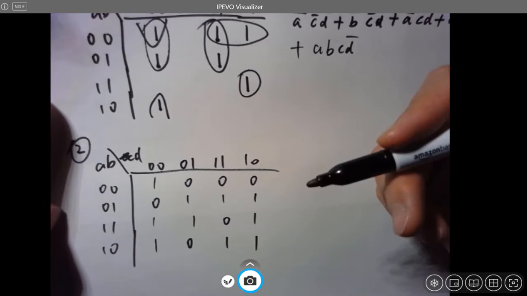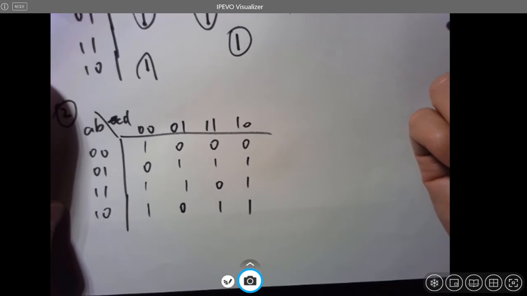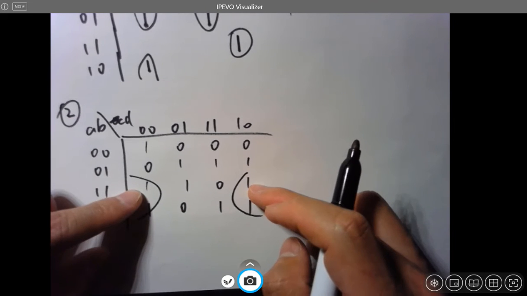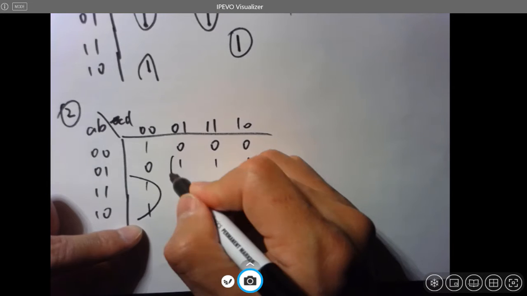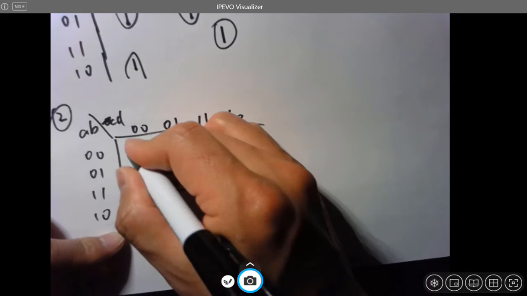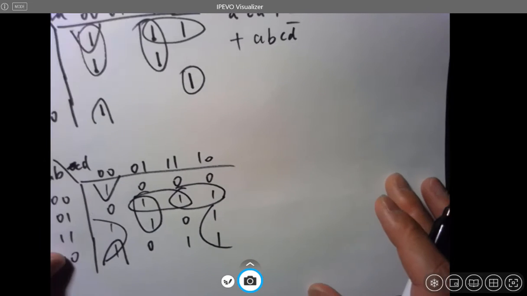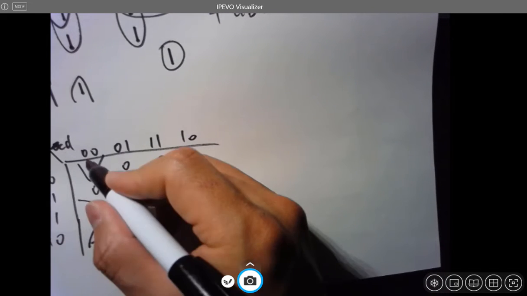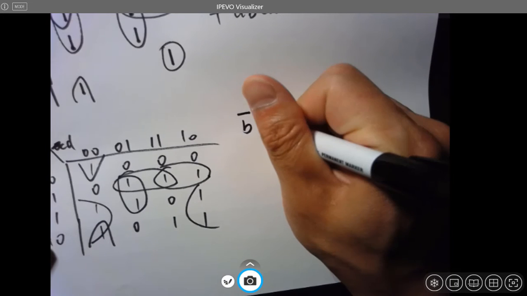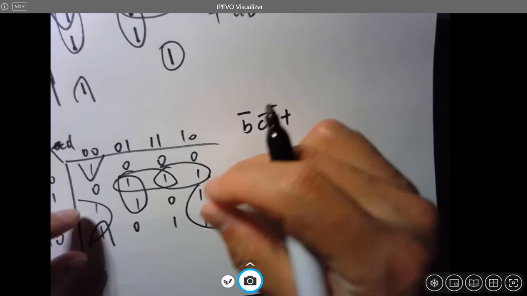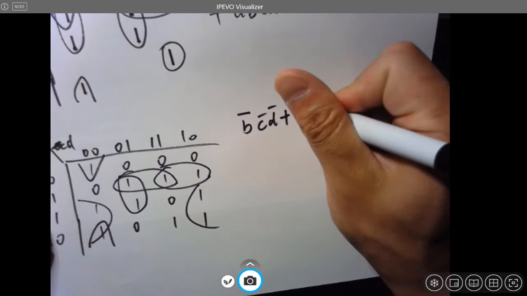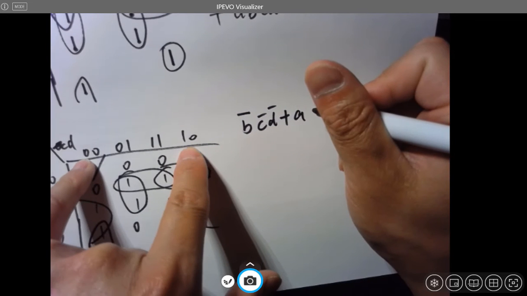That's method 1. But why not directly get an SOP from it, which will be easier. Right, so these 4 and these 2, these 2, these 2, and these 2. Okay, these are all the groups. So now let's find out. These 2 will be A is toggled, so it's B naught, C naught, D naught, or this 4, which is A and D naught,